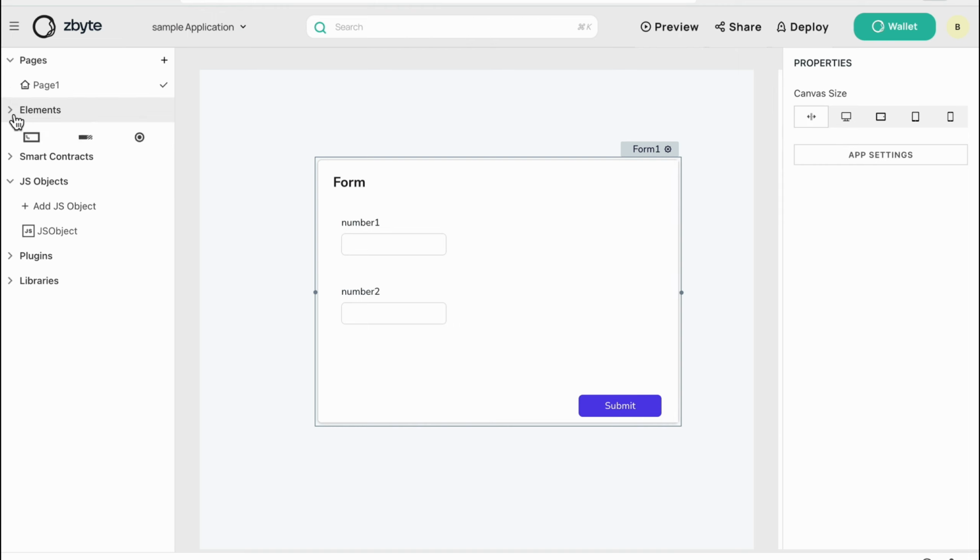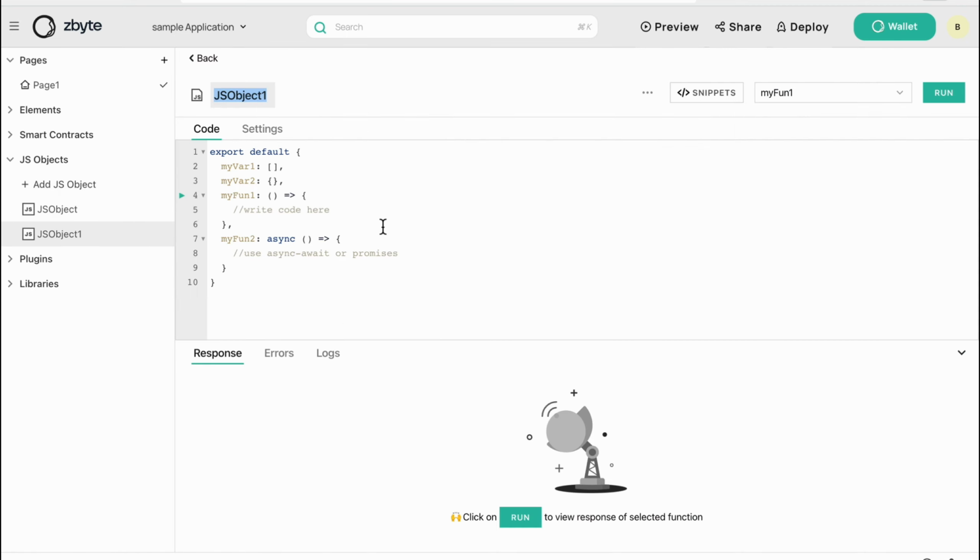we go to our JS section. So here you can see that we have this option of creating a JS object. So I click add JS object and now our screen has opened where we can see an editor where we can write our JS code. So from here you can rename your JS object. Suppose I just name it JS object 2 here, and we can see that there is a bit difference in